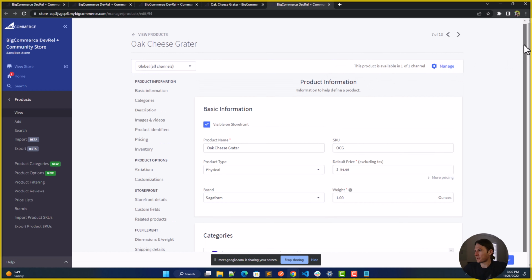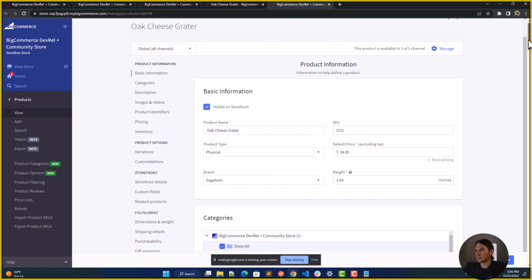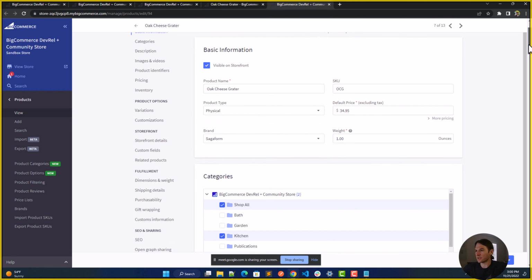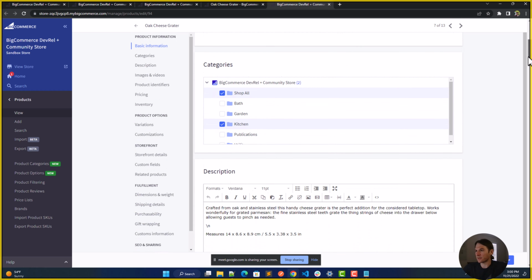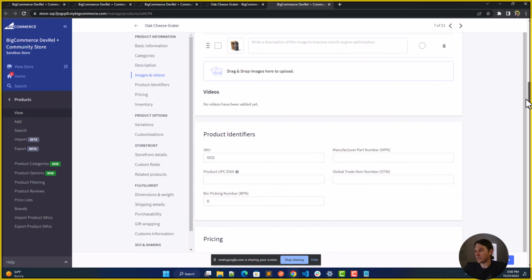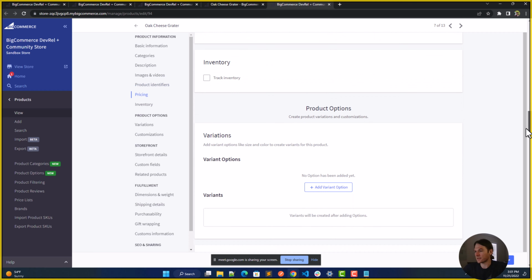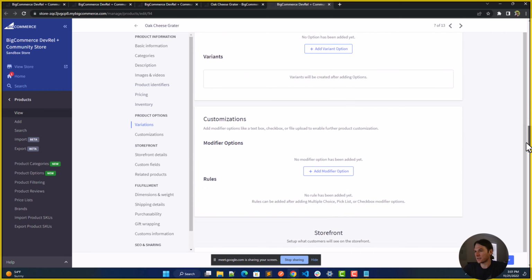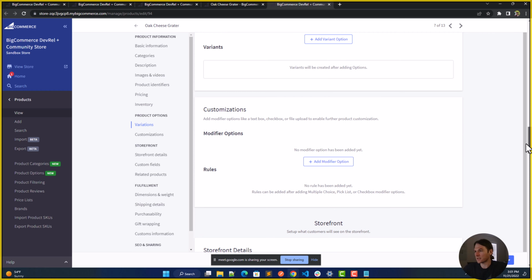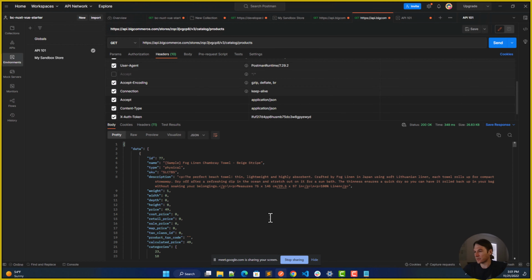go through all the information, where we could change our basic information, our categories and descriptions, images, our variations, identifiers, pricings, and all the customizations that you could add to your product. Or you can make a general API call